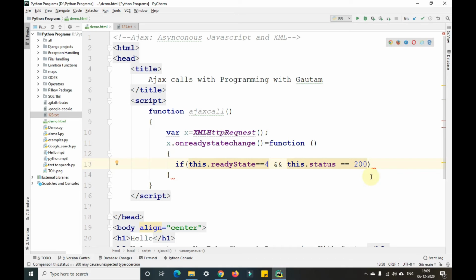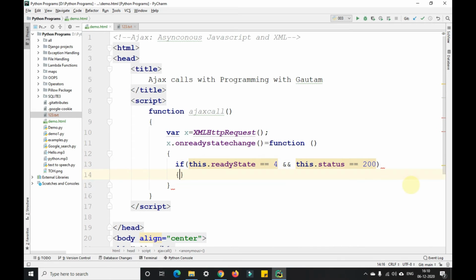So what is readyState and status? I'll tell you guys, you don't worry about that. We'll open another flower bracket here.